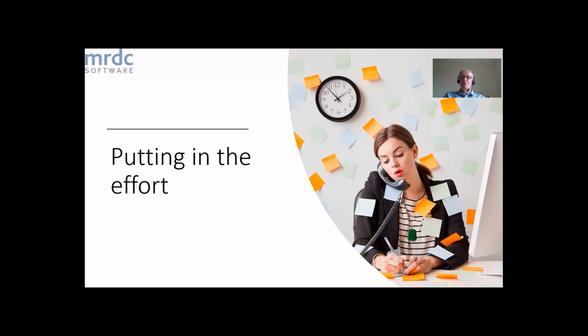Sometimes it might make sense to break that community into maybe 3 smaller groups. Perhaps you're finding that there's a very definite split between the parts of the community, and it might be worth, for a time, splitting that community into 3 groups so that you can work with them as 3 different groups of people and perhaps bring them back together occasionally or at a later stage. So putting in the effort is really important. It's not something where you can say, okay, I've got a list of 10 things I'm going to do over the next so many weeks and just execute those efficiently. Efficiency doesn't necessarily equal a successful community.